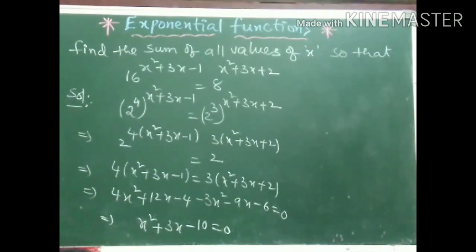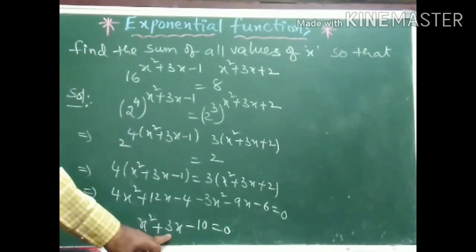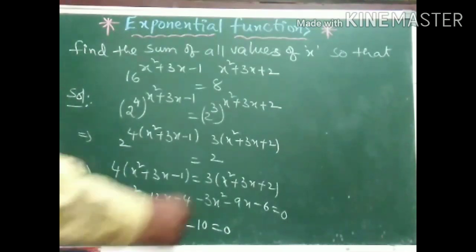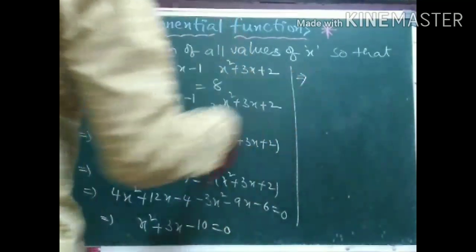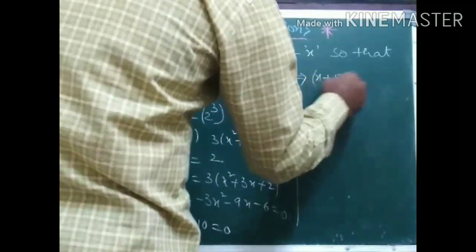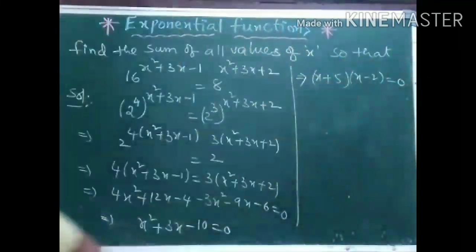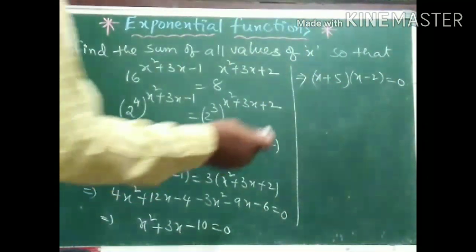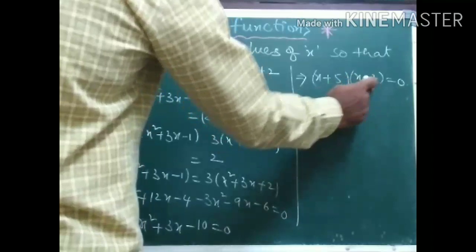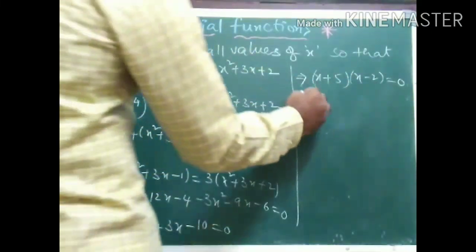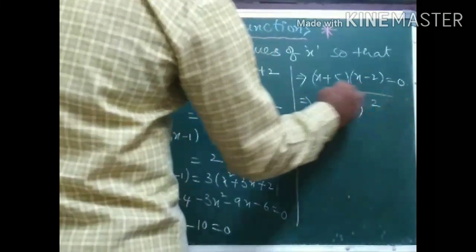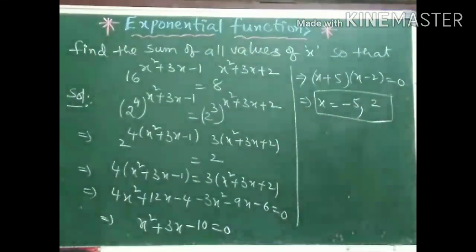So finally we got a quadratic equation. So on adding we must get plus 3 and on multiplying we must get minus 10. And you all know how to factorize these quadratic equations. So here let me write directly: (x plus 5) into (x minus 2) is equal to 0. Isn't it? So on adding, 5x minus 2x is plus 3x, and on multiplication, plus 5 into minus 2 is minus 10 x square. Hence here I get x is equal to, one is minus 5, another one is 2. So these are the values of x, I mean solutions.